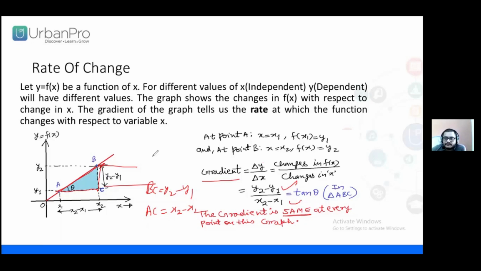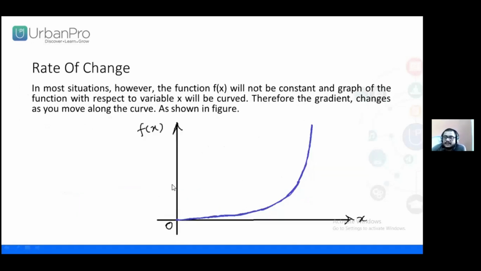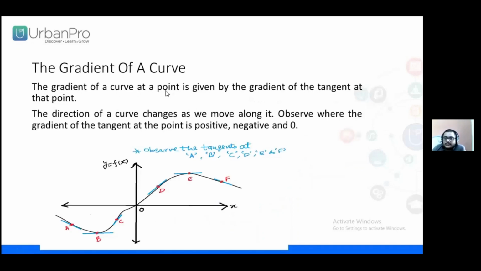Next we can see here that this function is changing with a constant rate, but a function can change with a different rate. So here we can see that function f(x) is changing with x, but the rate of change is not constant. So here the function is curved. So as we move along the function, we can see that this graph is curved. This is not a straight line. So function f(x) is changing with a different rate. So we can have any type of function, the change rate may be constant or may be variable. So we will have to use the process of differentiation to find the gradient here, the gradient of a curve.